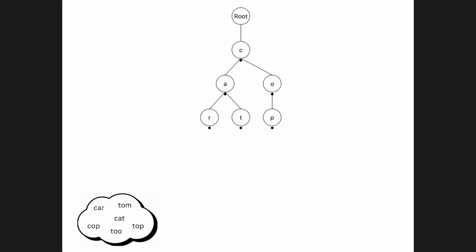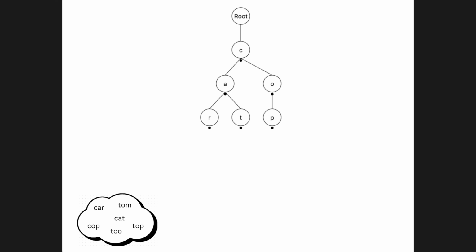So the key insight for this tree is that the depth of the tree will be equal to the length of the longest word. You can even pre-compute and store all the possible words from any node for faster autocomplete. Search becomes very efficient. The time complexity would be order of the length of the prefix.